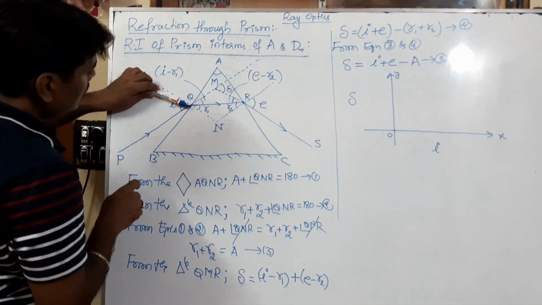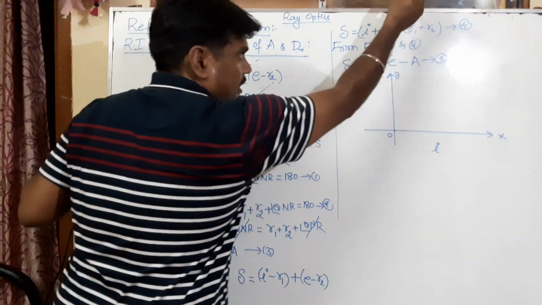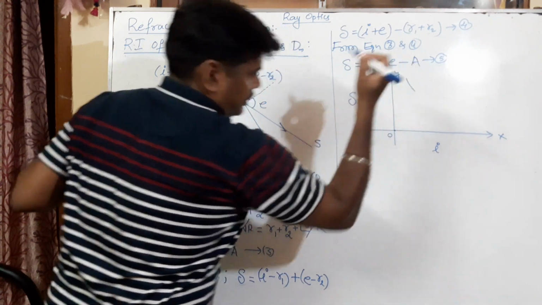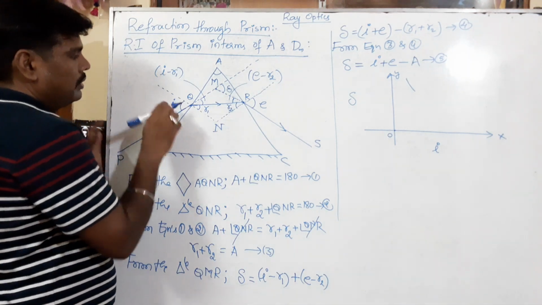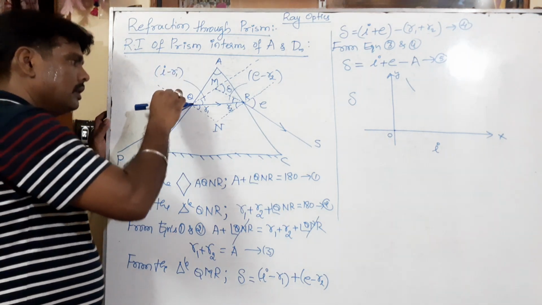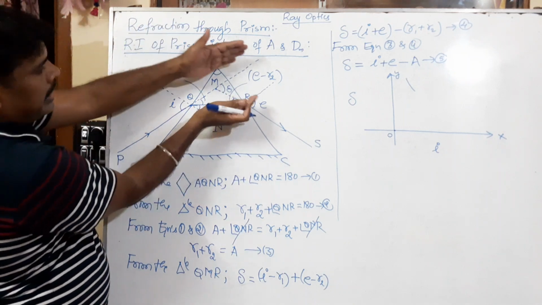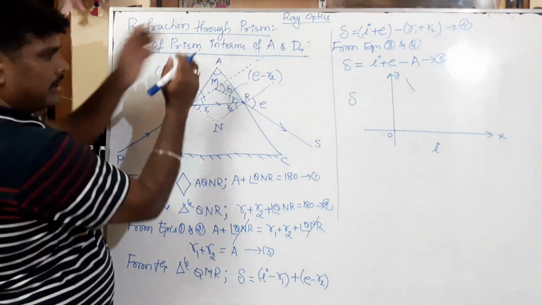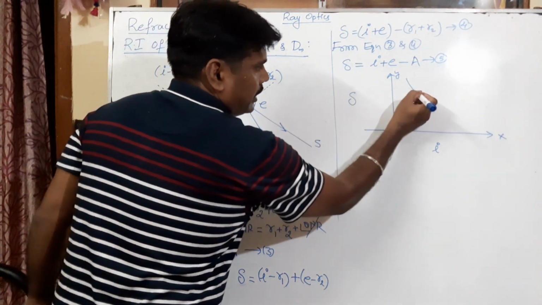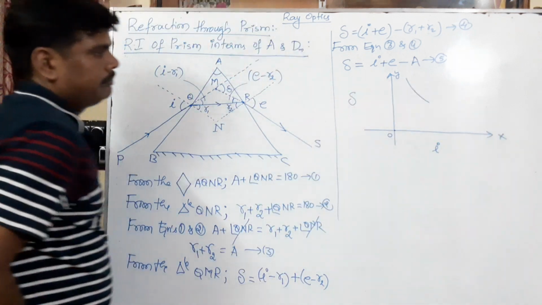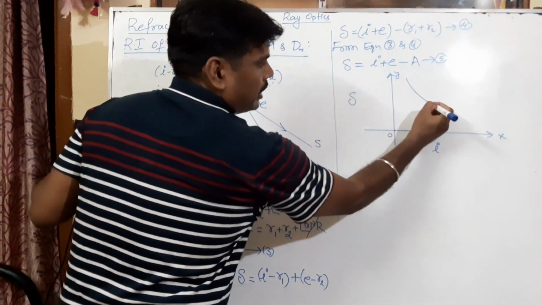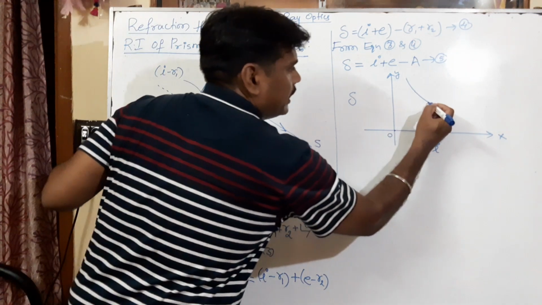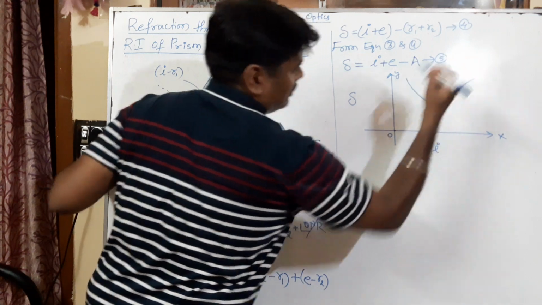If you go on increasing the angle of incidence, initially it is coming from infinity, and the angle of deviation decreases. This is the experimental observation. When the angle of incidence increases, the angle of deviation decreases. It does not become 0. Up to a certain value of the angle of incidence it is decreasing. Again if you increase the angle of incidence, the angle of deviation starts increasing in this direction.